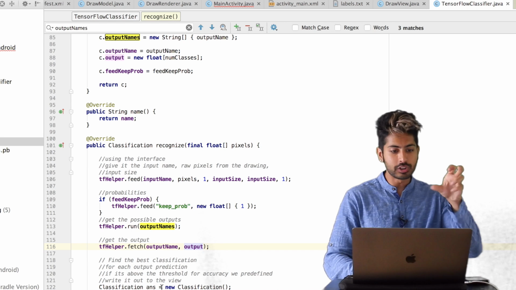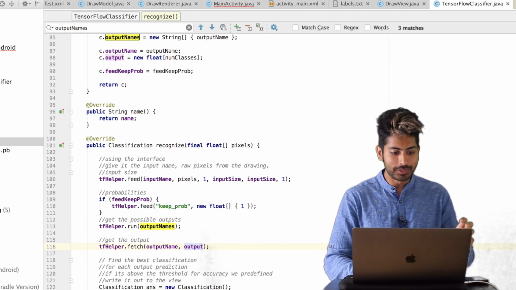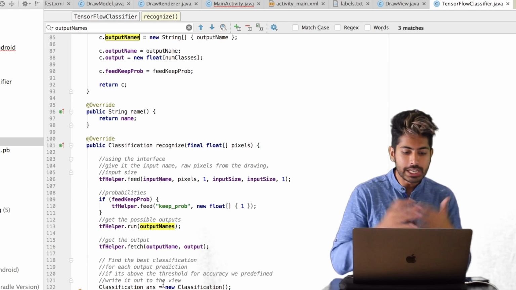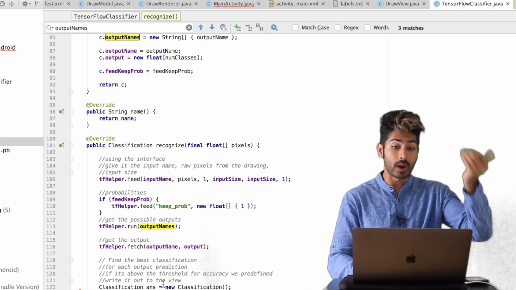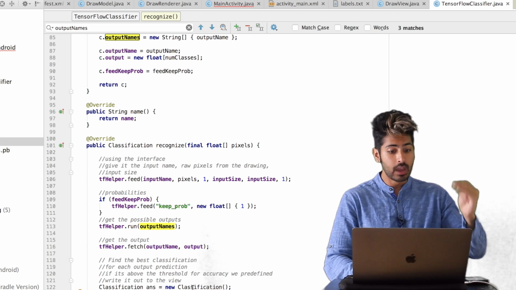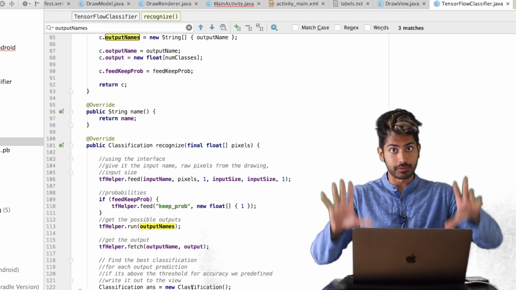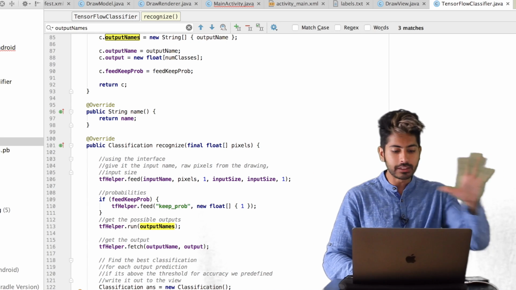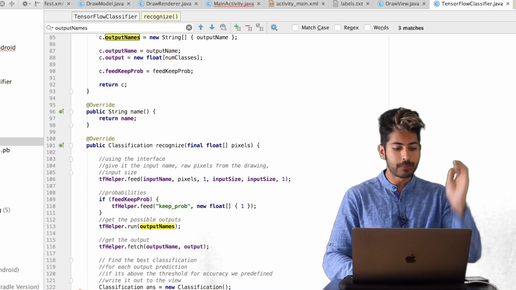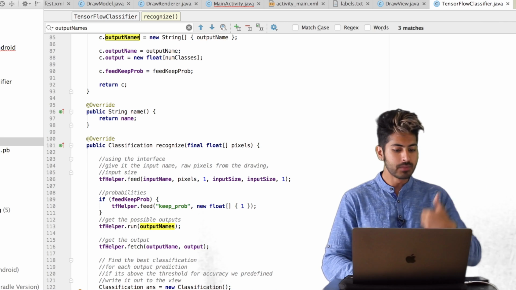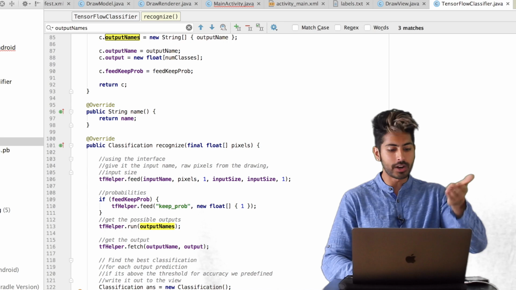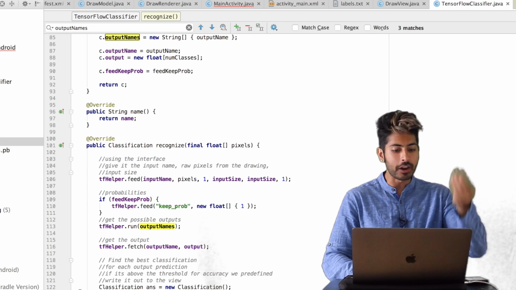So we say, let's initialize our classification object. And then we say, find the best classification for each of the output predictions. If it's above the threshold that we defined for accuracy, write it out to the view in that text view. So for the length of each output, print out the labels just for us for debugging. And then if the prediction value of the output is greater than